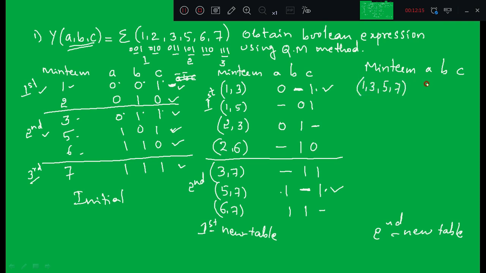So I can compare these two minterms and write 1, 3, 5, 7. A is dash because A is 0 here and A is 1 there. Then B is already dash, so put dash, and C is 1, right? So put a check mark beside those minterms. Similarly, do you have any other minterms which have a dash in the middle? No, the first group has only one minterm with a middle dash, and the second group also has one middle dash, right?